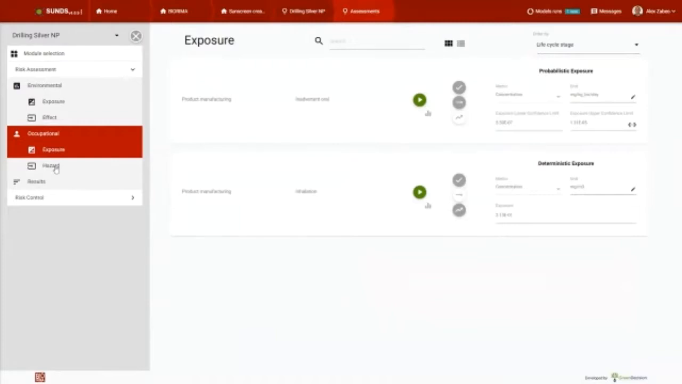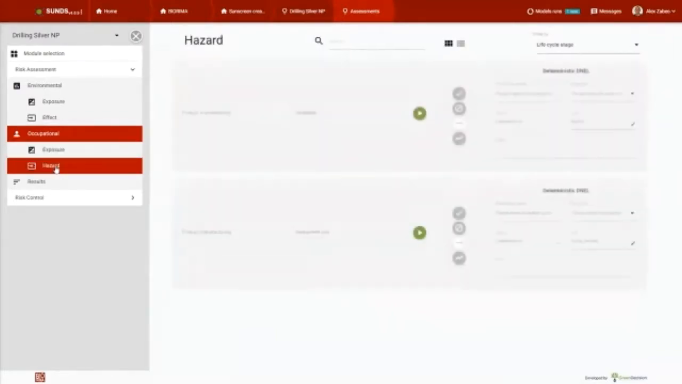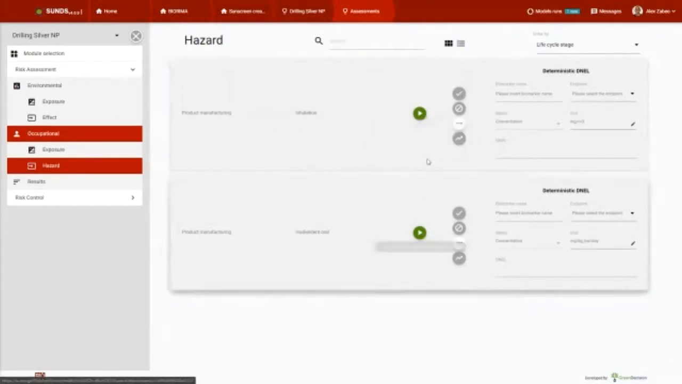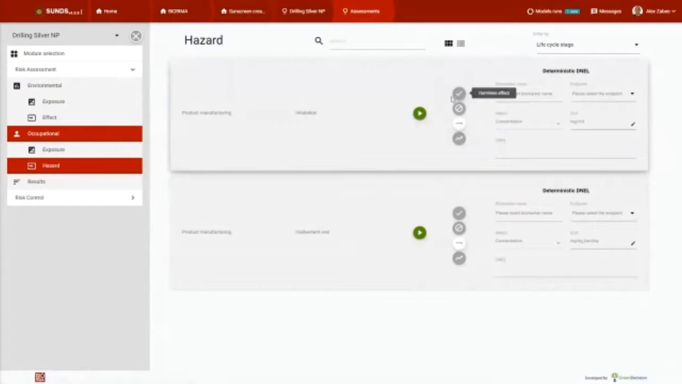So let's move to the hazard part. The interface is quite similar, but not exactly the same. Anyways, we have the two rows related to inhalation and inadvertent oral. In case of exposure, it's the same model that we can run. And also in this case, we can say we have a harmless or harmful effect, meaning that we don't have to input numbers. We just say it is sure that it's harmful or not. We can have a deterministic value, or we can go for the probabilistic, but more interestingly, we can run the